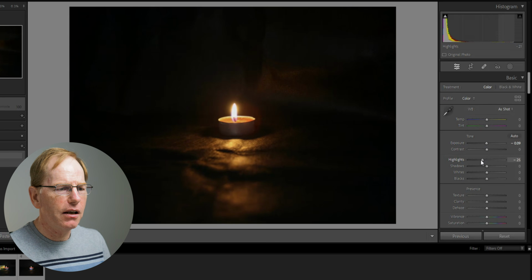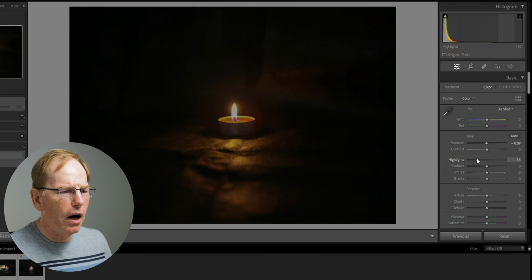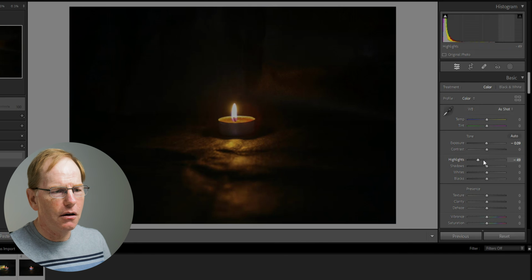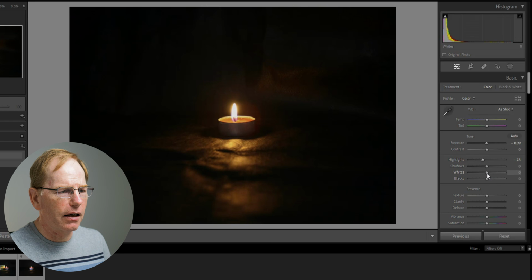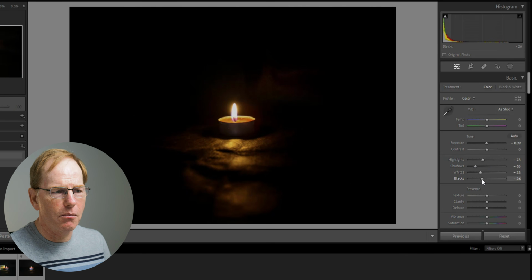Bring the highlights down. If I bring the highlights down too much, it loses the image completely. What tends to happen when you bring the highlights down is it kind of grays out the whites, so you don't want to bring the highlights down too much, otherwise it won't look very white. Likewise with the whites, if you do the same thing, it turns the whites grey, so you don't really want to take too much out. But you can bring the shadows down, that's quite good, and you can bring the blacks up, so that darkens